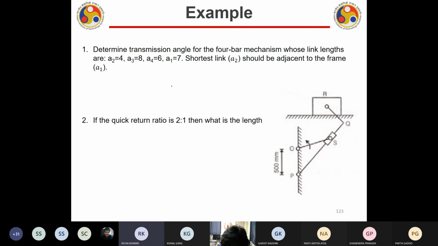Yes, sir. Please tell me the answer. Yes, sir. Calculating. Okay, go ahead. So I can tell the expression, cos theta is equal to 8 square plus 6 square... Wait, let me also draw them. Solve it and tell it to you. You may not have a calculator, right? I know that.